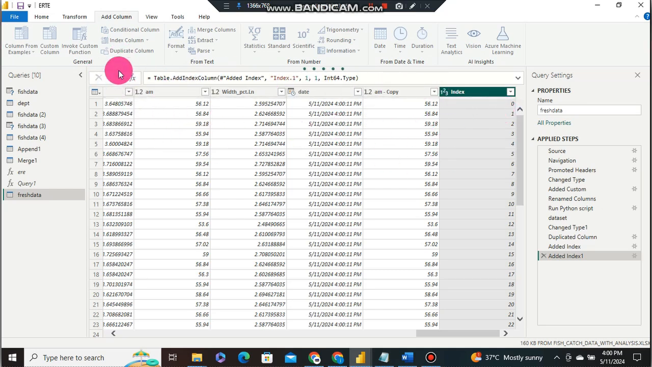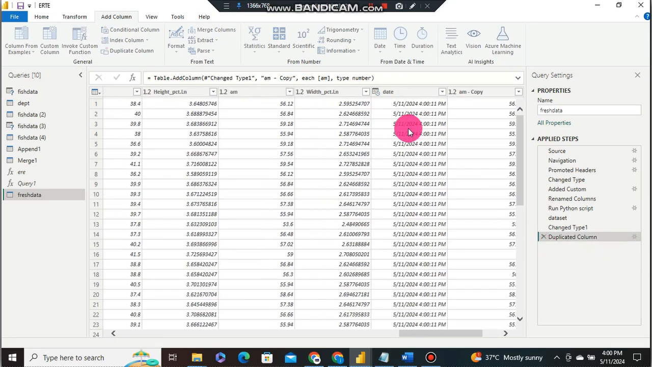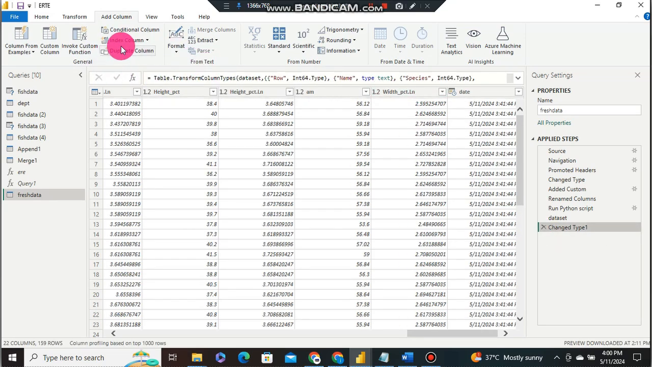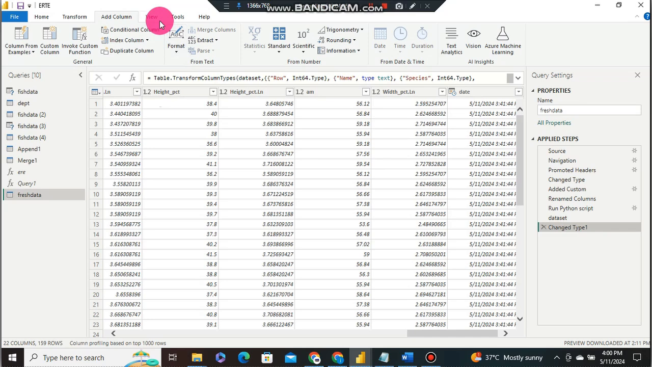Usage: index columns are commonly used for sorting, filtering, or referencing rows within your dataset. For example, you might use an index column to sort your data chronologically or to uniquely identify each record in your dataset. Index columns can also be helpful when merging or